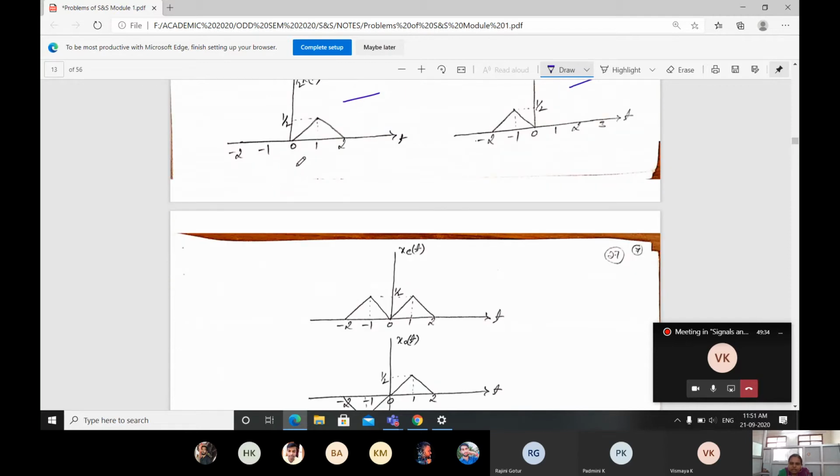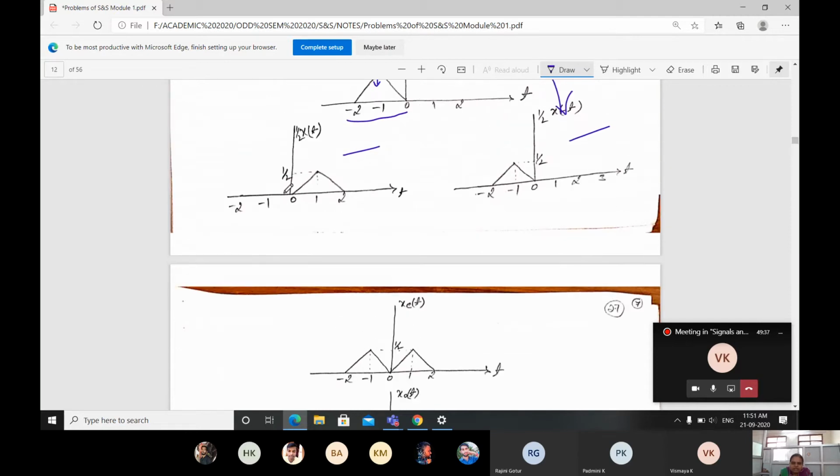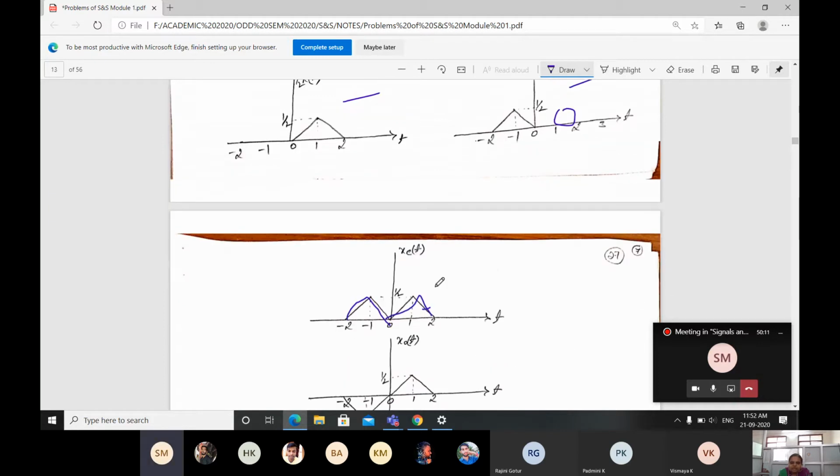Observe here how to add. Just go on observing on the negative side and also on the positive side. Here on the negative side, from minus 2 to 0, only the triangle is there. Here we don't have any signal. If I add this triangle with 0 you'll be getting the same signal, so you have to take this signal as it is. Then across the positive side, here you don't have any signal, it will be 0. Here a triangle is there, the same triangle is going to reflect on the positive side. So you have to draw this. This is how you will be getting your even part.